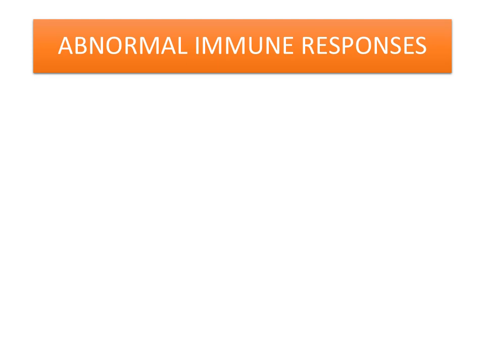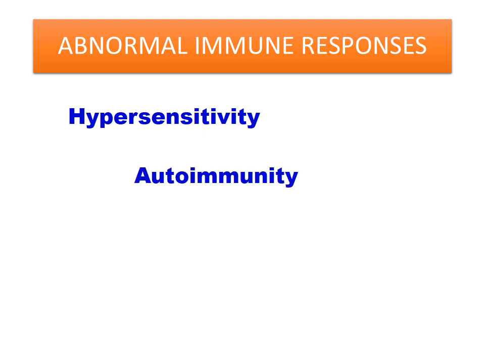Now, what are the consequences of abnormal immune response? Inappropriate immune response leads to extensive tissue damage, that is hypersensitivity. Failure to distinguish between foreign and self antigen leads to reactivity against self antigen, that is autoimmunity. And conversely, impaired immune response leads to immunodeficiency, which may cause opportunistic infections and various cancers.